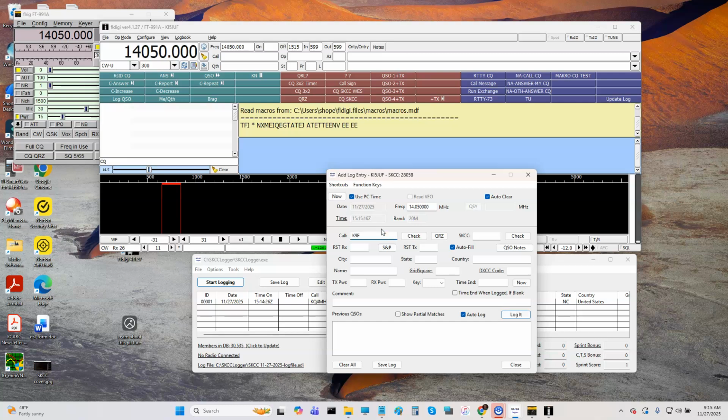K9FW. And let's click check again. And there's another SKCC call, 9204. So the beauty of this is it's looking pretty good in time. Say if I finish the QSO at 15:15 Zulu, which is exactly what it is, I think I can also put here,